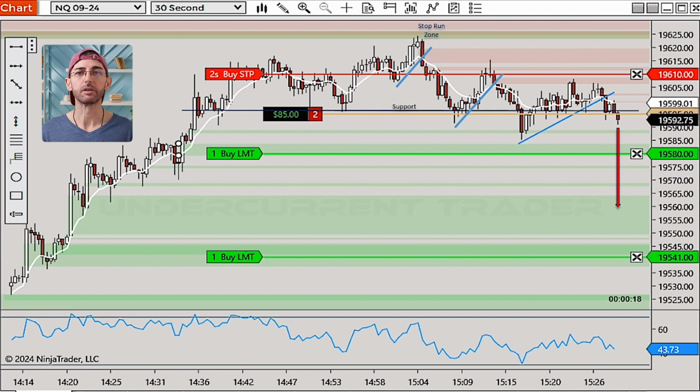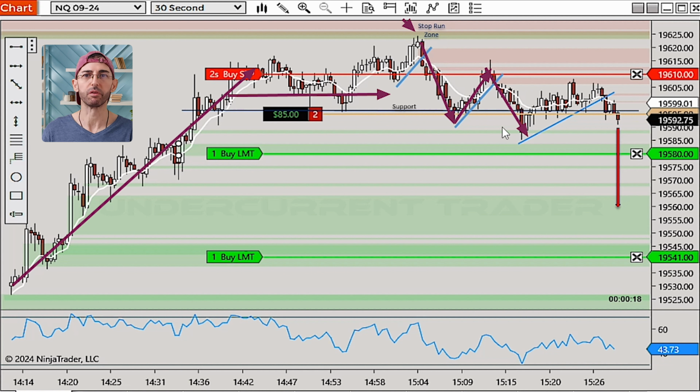Now my approach on this entry was simple and mainly based on the idea that the price was showing a clear shift in bearish momentum up here, essentially cancelling out the previous bullish movement via this stop hunt zone and the subsequent formation of a head and shoulders bearish pattern. And as you can see, again, after this 100-point run, we started moving sideways. Then after printing a higher high up here, the price dropped, retraced to then bridge the support of this sideways